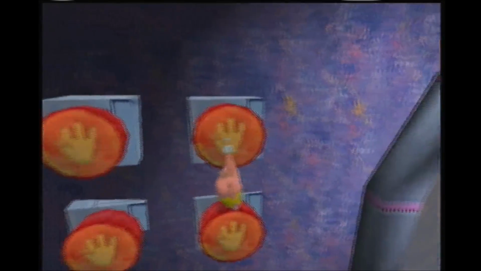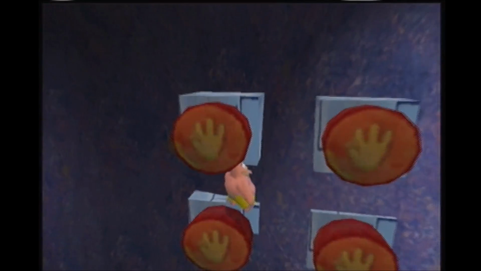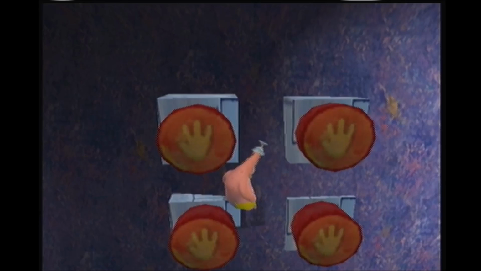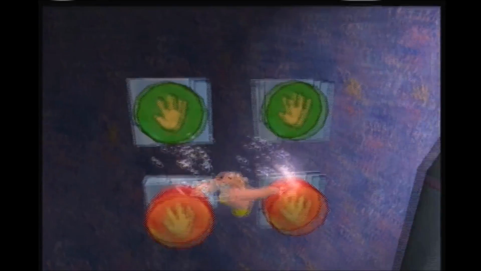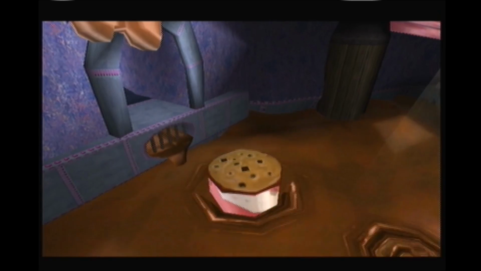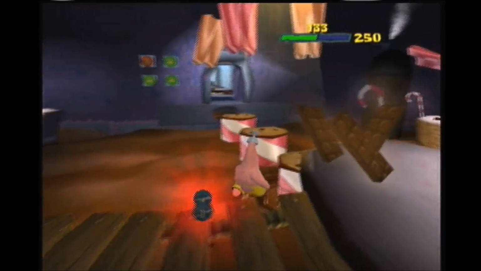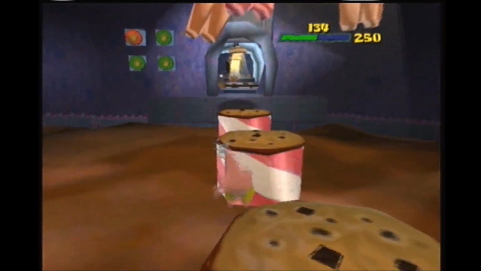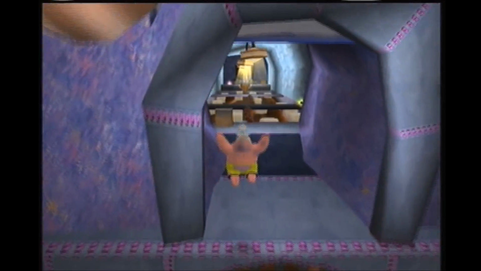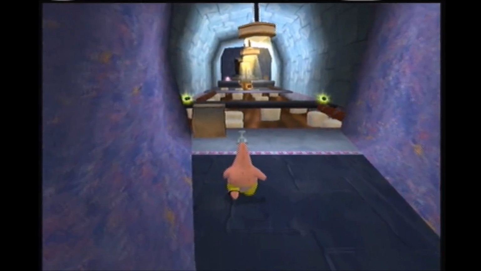And if you not mash A, basically just like press A kind of fast, and then it should put you on this button. Now you're gonna want to slowly get on this button and go to this edge. And then once you get to the edge, you're gonna want to spin and then fall off. So spin and fall off, and then it presses all the buttons and starts the cutscene for you. So once you get past that trick, it's basically like you have a run. You're starting a run, and